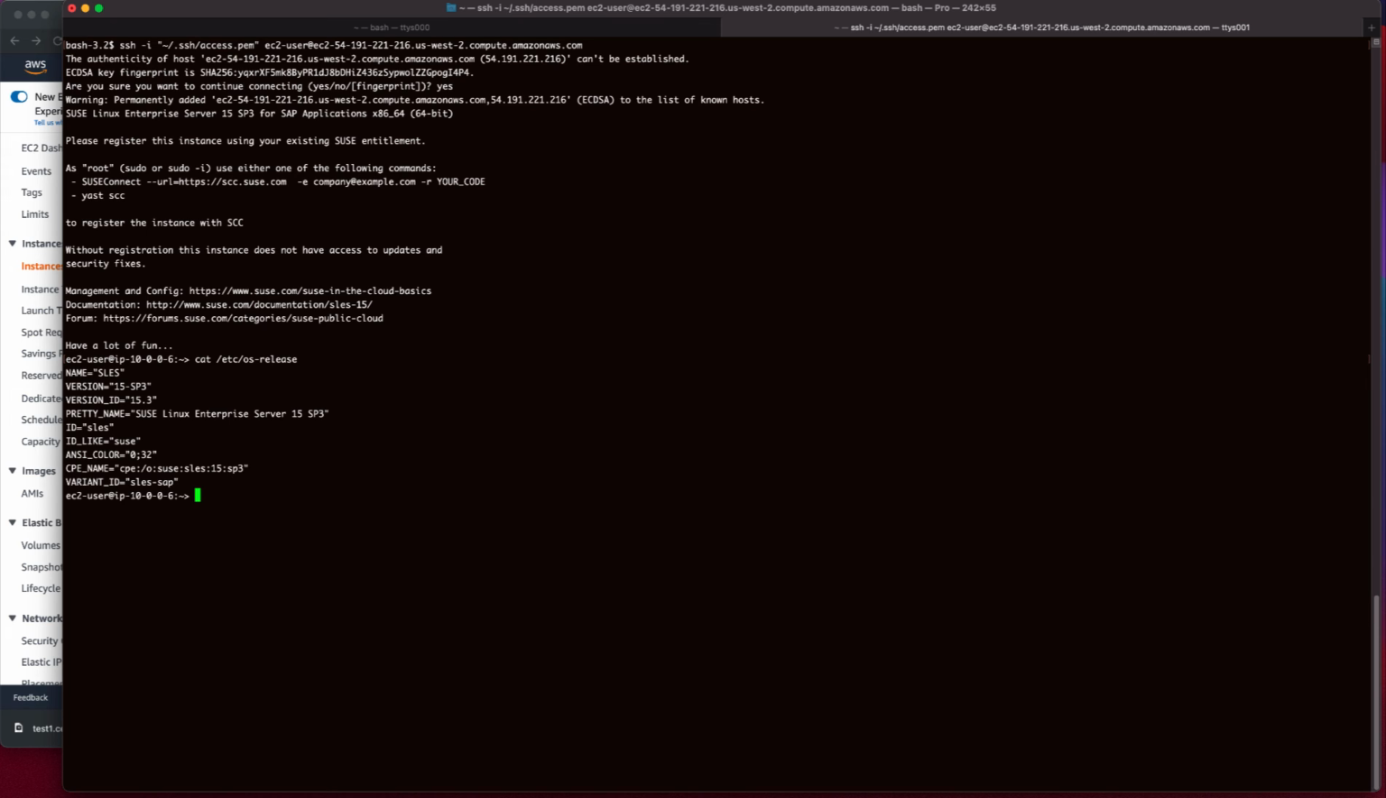Here we have SUSE Linux Enterprise Server. Now this is actually the SAP image. And let's go ahead and see which repos we have. Nothing to find. Okay. So that tells me that what we want to do is